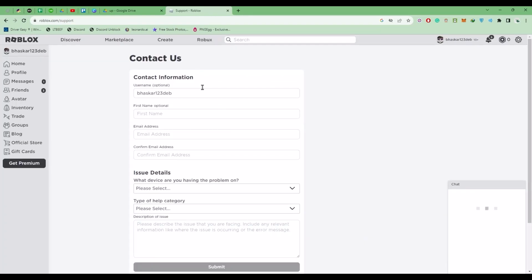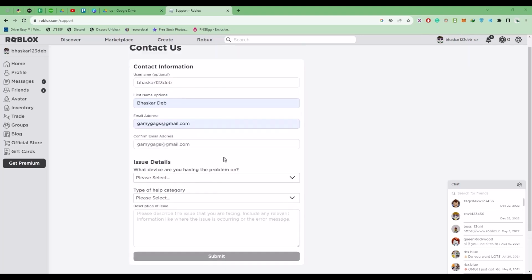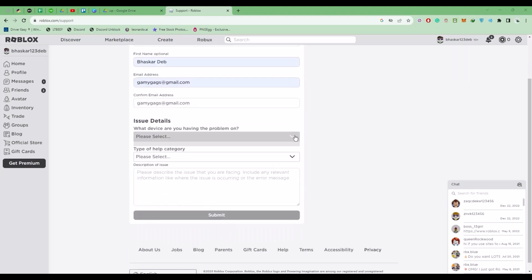Now just simply enter your username which is already entered, then enter your first name, email address which you have used to sign up over here, then confirm that email address. So let's do that. Now after you have completed that, click on the drop down box over here, choose the